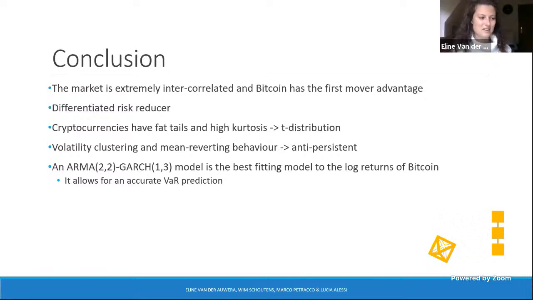Yeah, the whole book uses the same set of data, but because this analysis for the ARMA-GARCH model was so lengthy, I only did it for Bitcoin and not for the other cryptocurrencies, while the fitting of the t-distribution was much faster, and I just had to change a parameter and it does the whole thing for me.